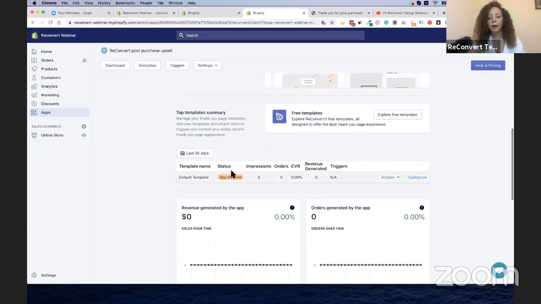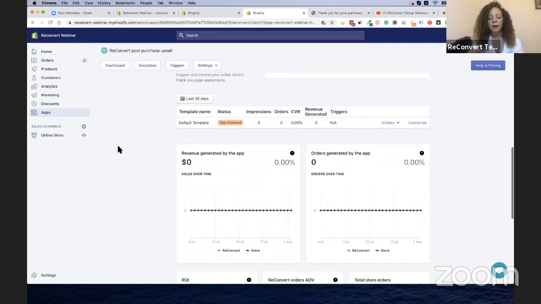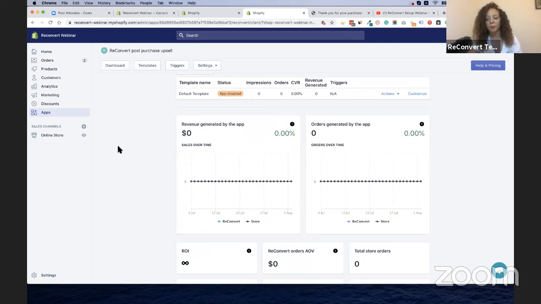When you move down some more, you will see all of your templates. So in this case, we only have one, but if you have more, you will see them here. You will see specific analytics for them. It's not going to show you all of them, it's only going to show a few. If you want to see all of them with all of this data, just go to this page, the templates page. And then the best part about the app, the most important part maybe, is the analytics,